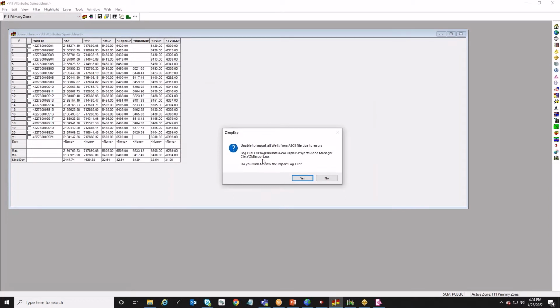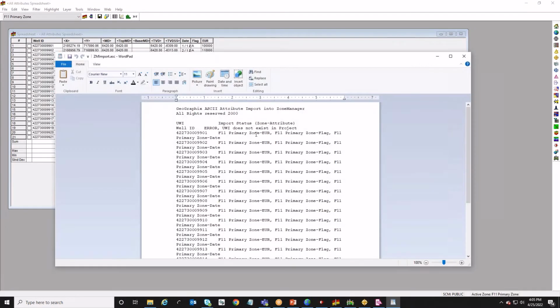And so whenever you run those imports of that data, you may get a log file. We'll go ahead and click yes to see what that is. And primarily the log error you'll run into is if a well doesn't exist in the project. So this is basically just telling me that there is no well ID in my project specifically called well ID. So that's fine. I don't expect there to be. That's because I highlighted that first row of data and told it to import well ID, which there is no